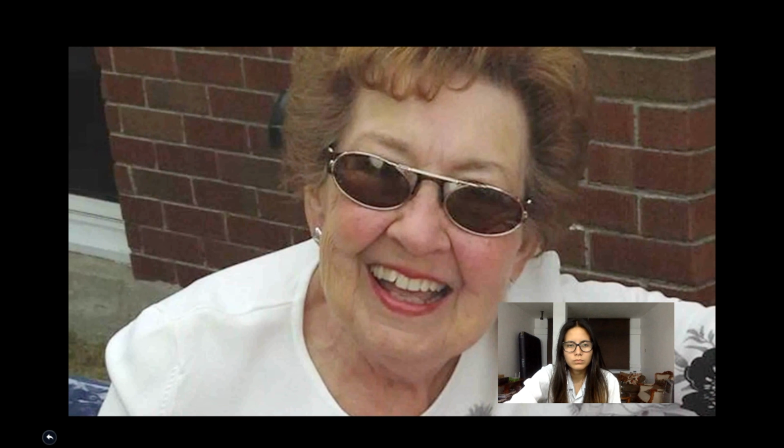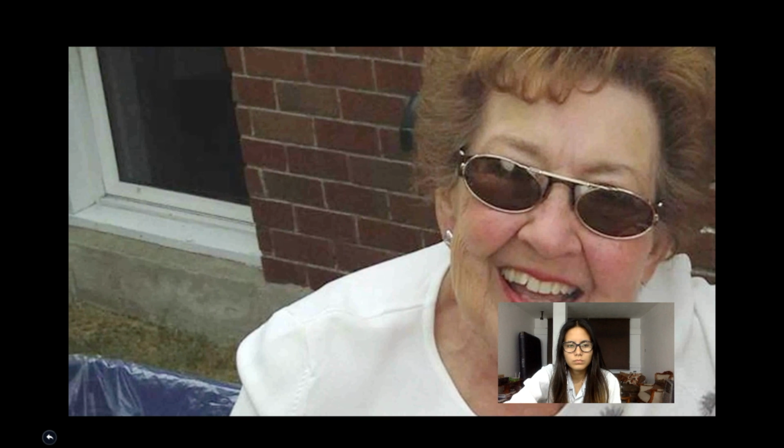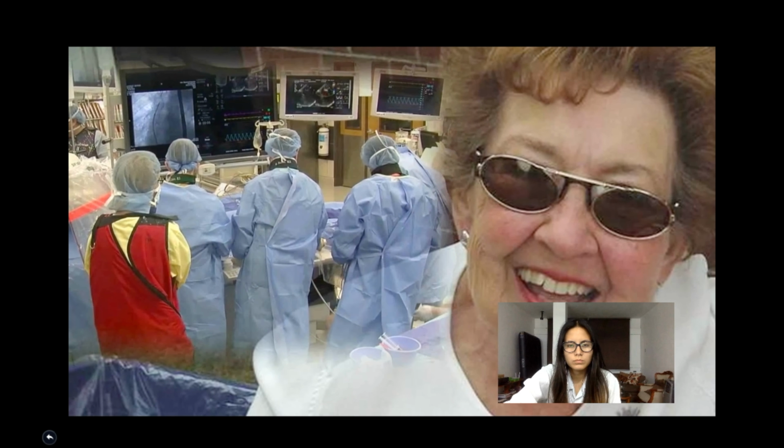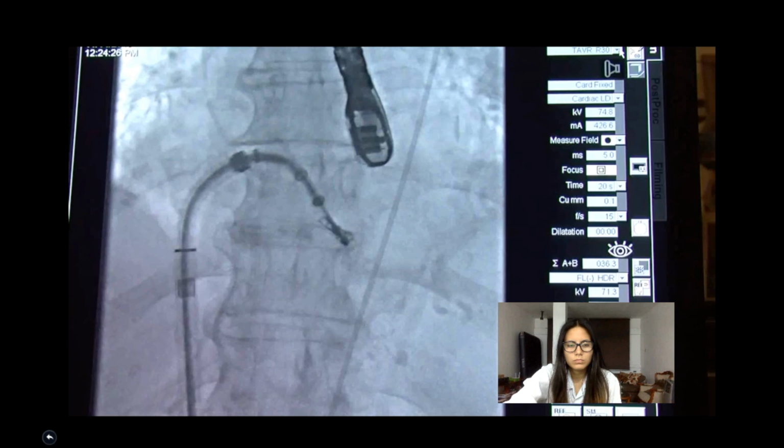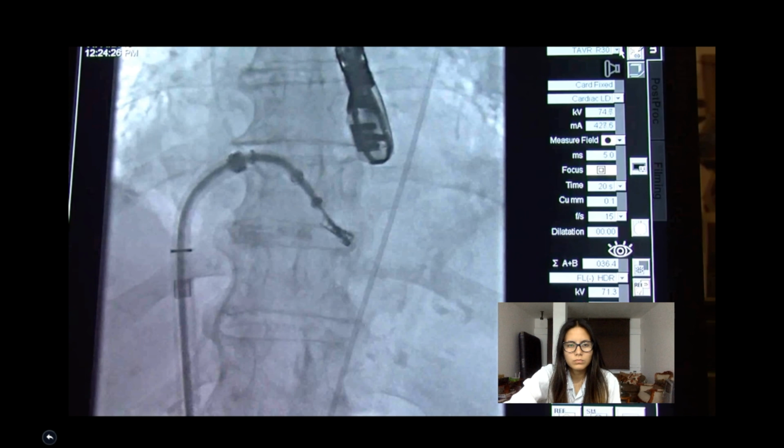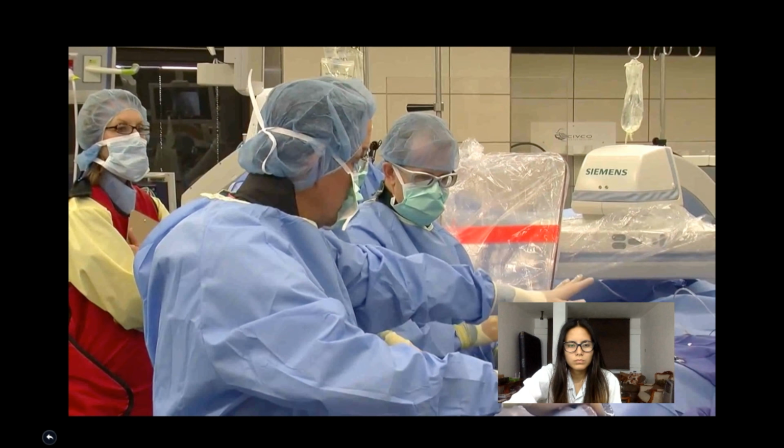And it worked. 3 years later, at age 90, Marion still credits Beaumont doctors for giving her life back. Beaumont was the only site in Michigan to participate in the clinical trials that have led to approval of this device by the FDA. And Beaumont will be the first site in Michigan to have this technology available to treat sick people with mitral regurgitation.